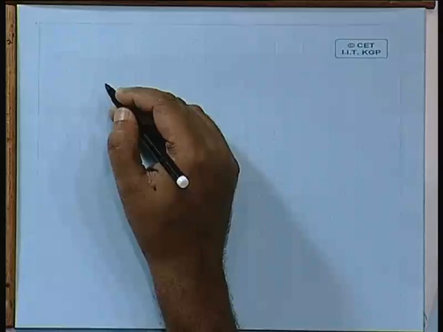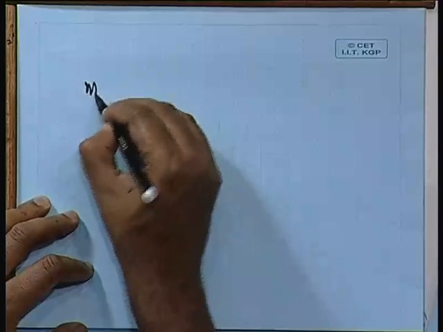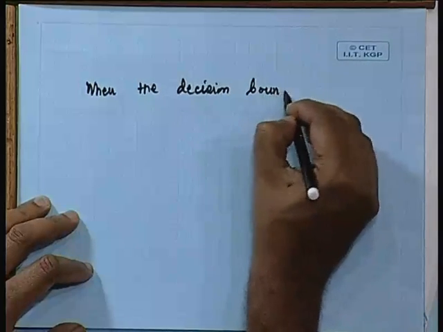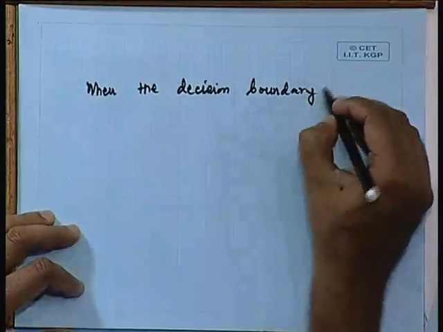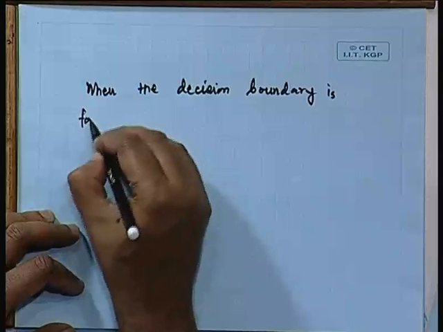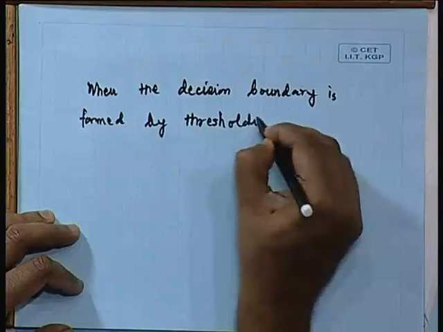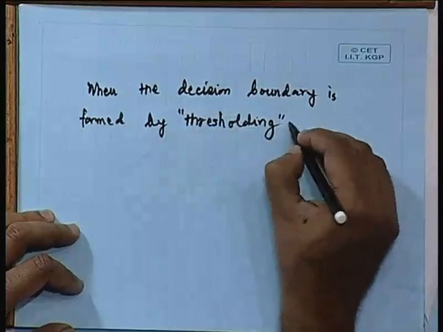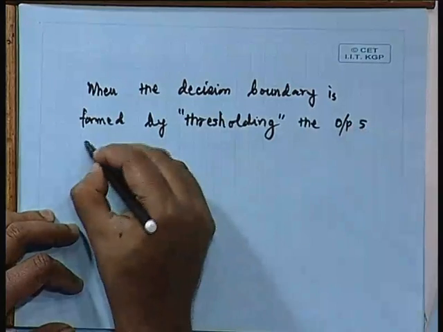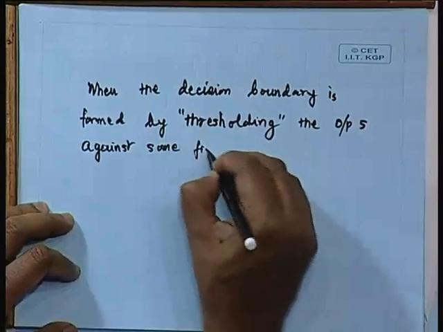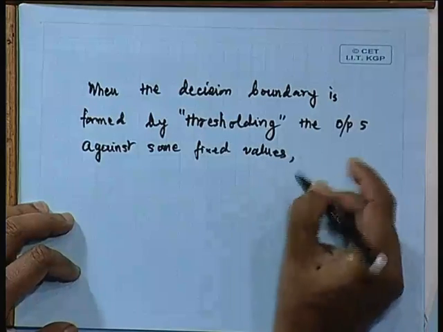So, let me explain it in clearer terms: when the decision boundary is formed by the thresholds that I was explaining, by thresholding the outputs against some fixed values, then